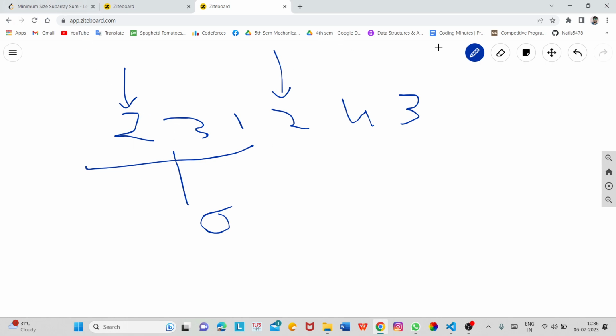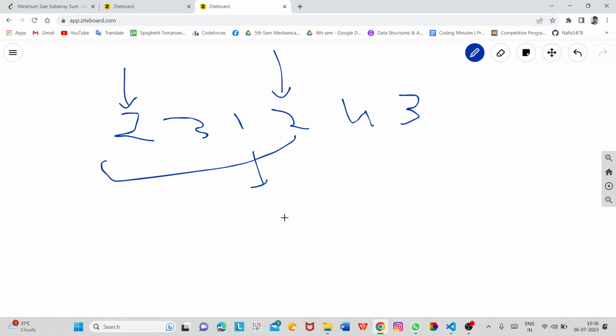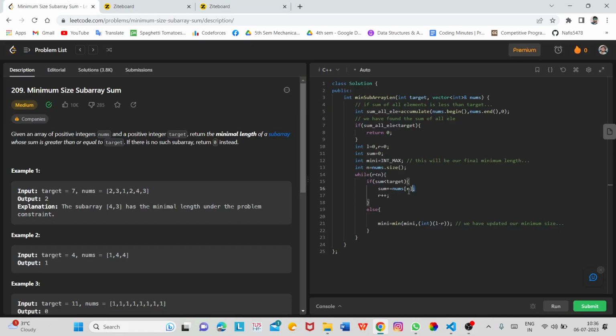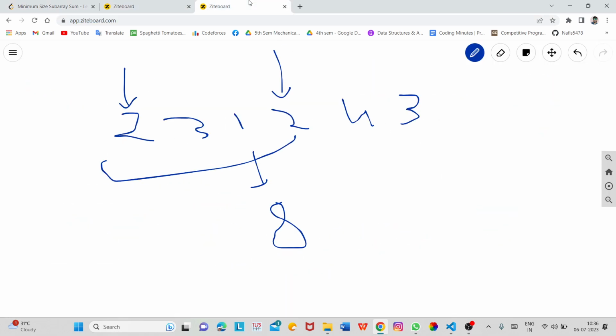Now we are on R, so we will increase the value of our sum. So our sum will be 8. While we are increasing the sum, we are also increasing the value of R, so R will go to the fourth index.